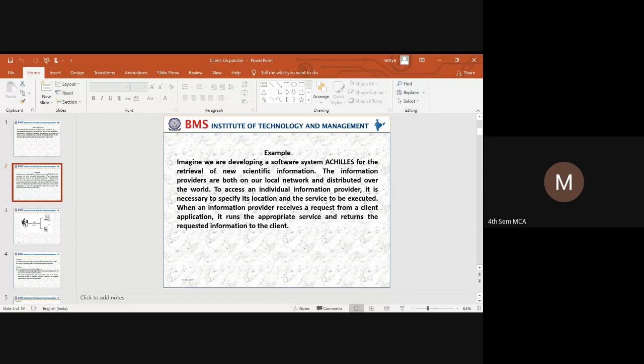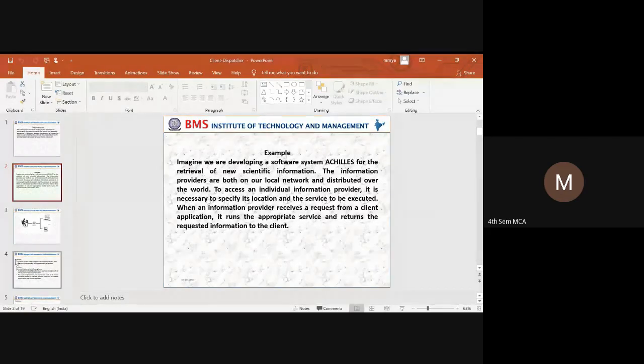Whenever an individual information provider specifies its location and what type of services are to be provided, the information provider gathers all the requests from the client's application. Once the client provides the request, the local service providers or the distributed service providers run the service and return the requested information in the form of a result to the client.